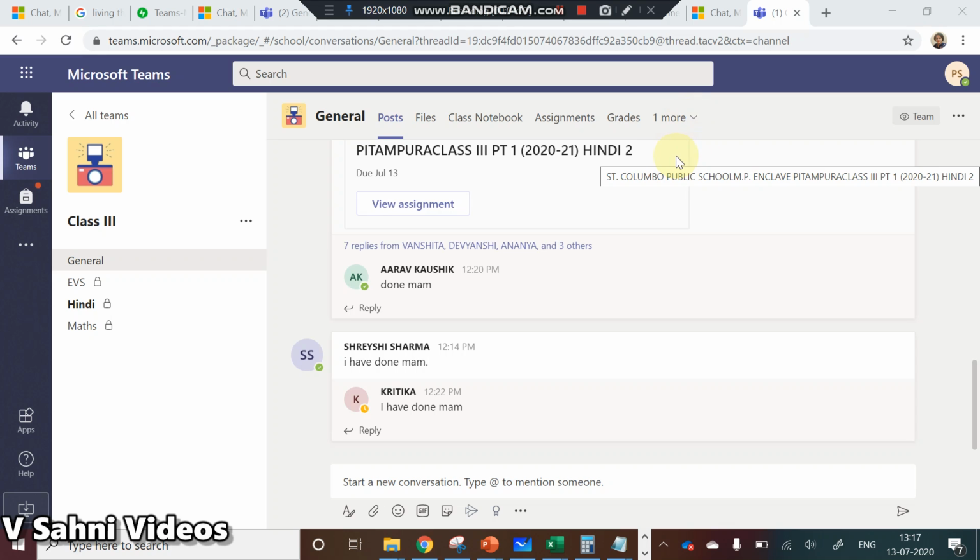The bottom line is that in the assignments tab you can also clearly view the assignments, so you don't have to worry. If your grades tab for some reason is not visible, you can see the assignments in the assignments tab. Remember, if you want to see the paper and the marks, use the assignments tab. If you only want to see a summary of all the papers that your child has done, you can go to grades. It is your choice. Thank you students.